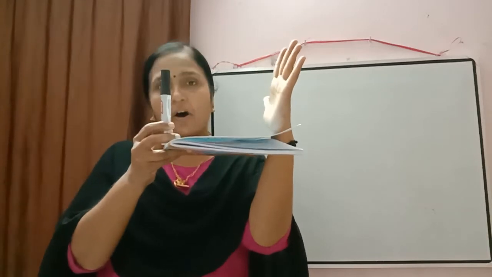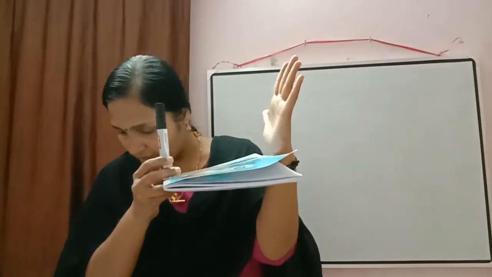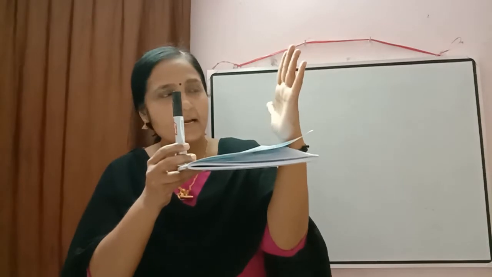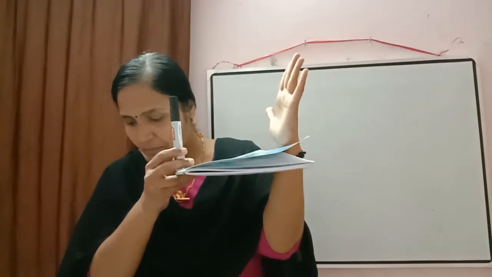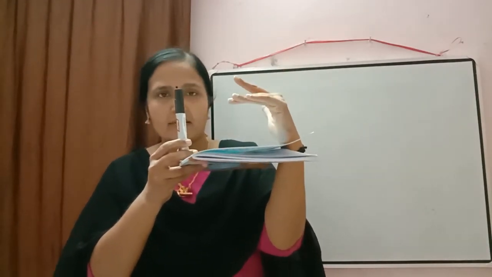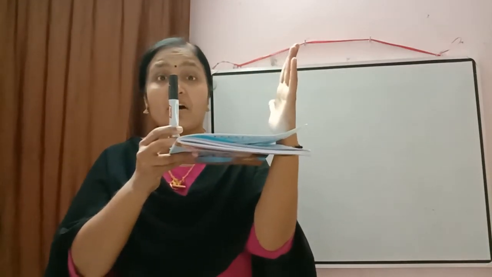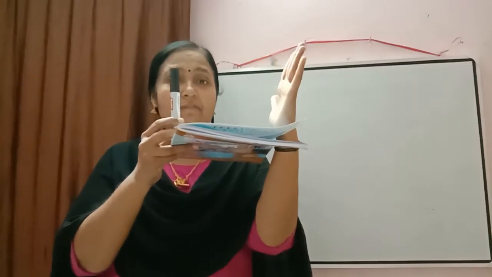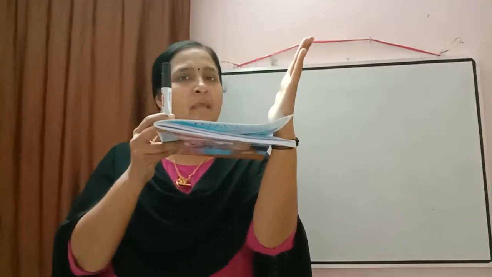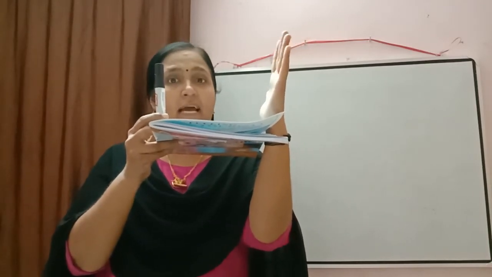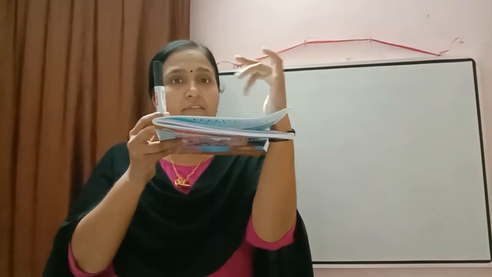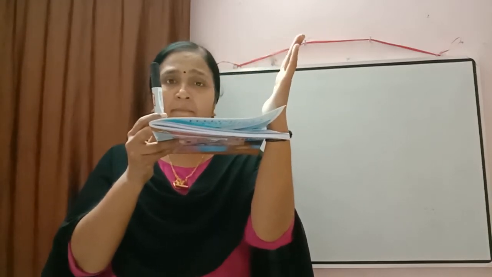Here the person is standing on the bank of a river. Observe that the angle subtended by a tree on the opposite bank is 60 degrees. If you read the question, we have to find the breadth of the river. Which one have we considered as a river? Yes, we considered this book as the river. So what will be the width of that river? Correct, the width of this book will be the width of the river. Clear? The concept is clear.